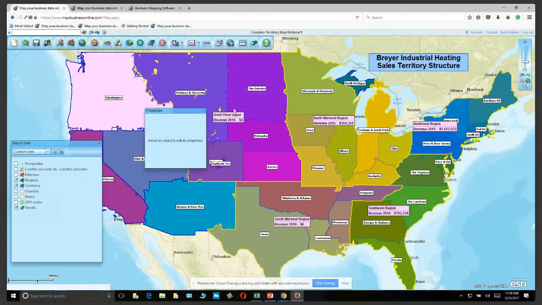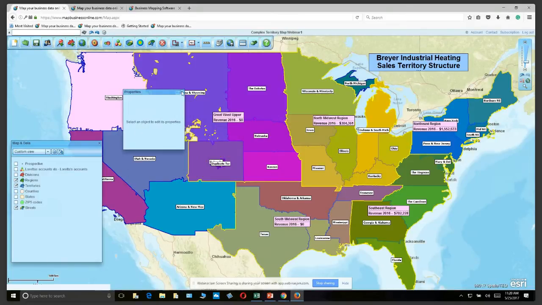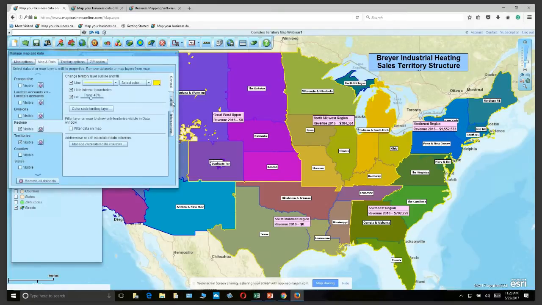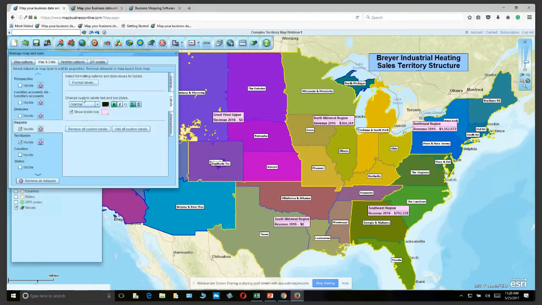When you're done with the polygon, you can just get rid of it. And you'll note we've got labels here, so we can go in with our edit gear and adjust labels as we see fit. So you've got that same flexibility you did in territories now in regions for creating a label